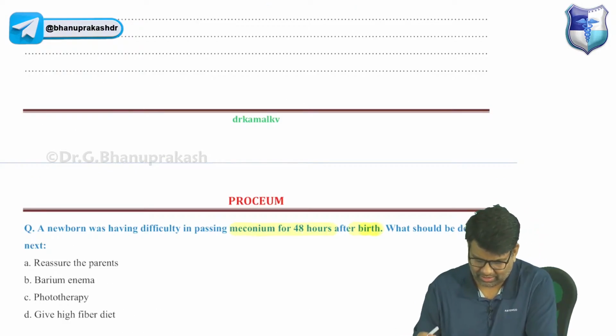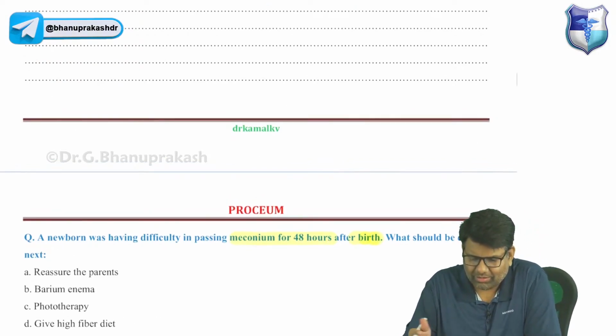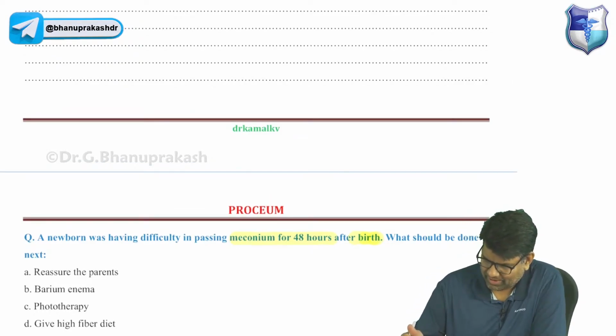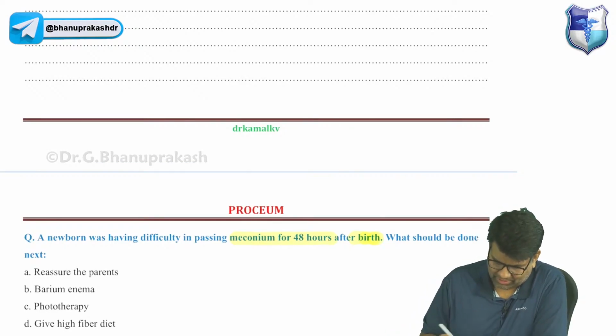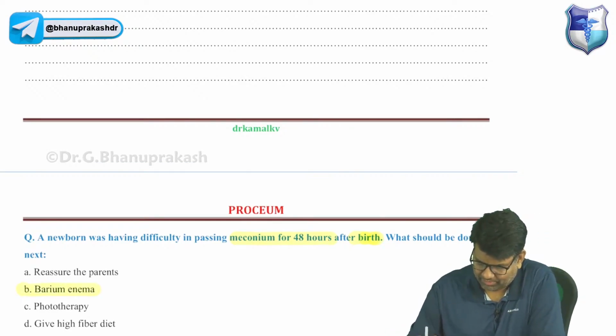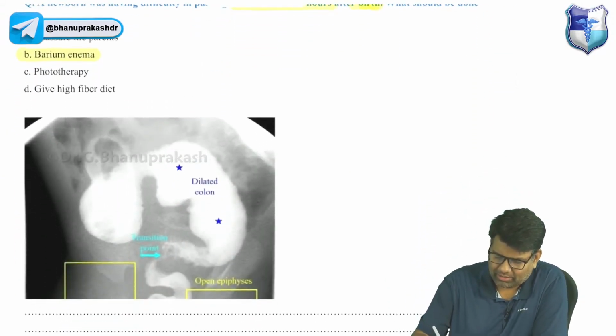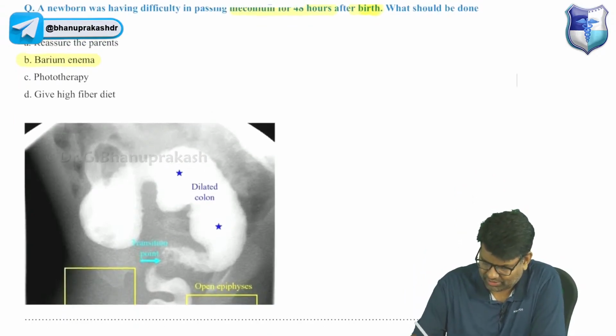A child has difficulty in passing meconium for 48 hours after birth. What should be done next? We have already discussed. Yes, go with barium enema. And the condition which we have already discussed is